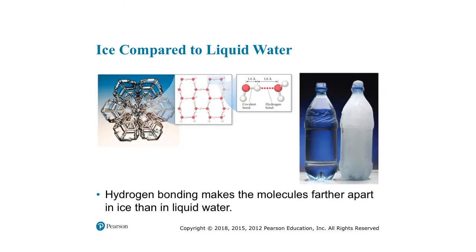So let's compare ice to liquid water. Hydrogen bonding makes the molecules farther apart in ice than in liquid water. When ice forms its crystal, it forms a regular repeating pattern. It actually makes the crystal grow larger in size, and growing larger in size has the effect of having the same mass with a larger size, which decreases